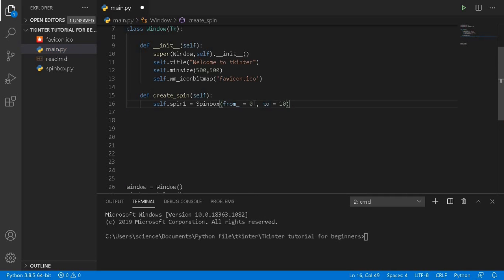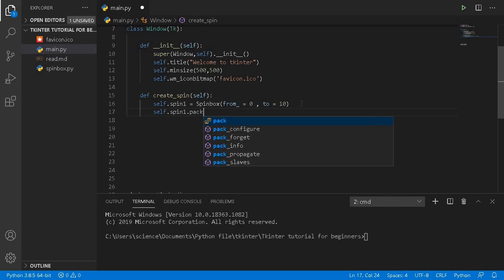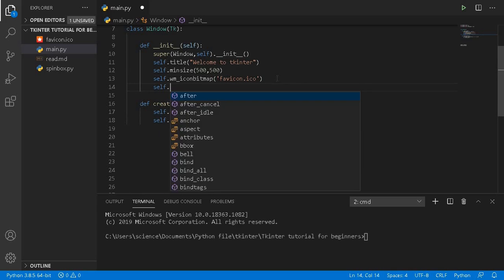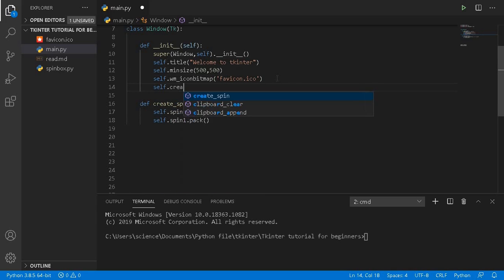This is the lower value and this is the upper value. Basically, a spin box is an alternative to the entry widgets. It provides a range of values to the users out of which the user can select one. I will show you. Self dot spin dot one dot pack. If I call the method create spin,